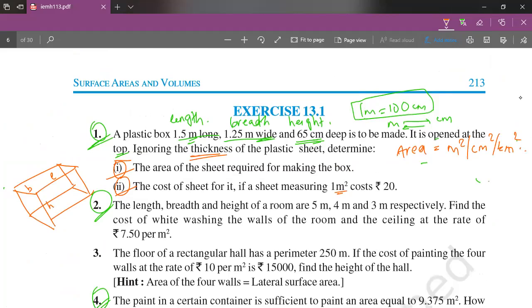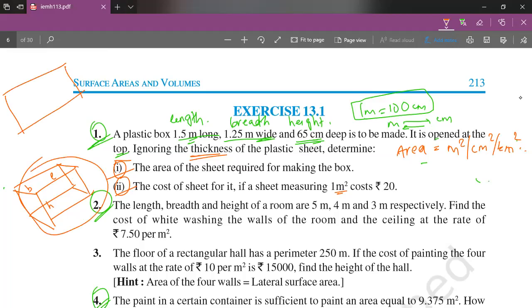So, area of the sheet required for making the box. Say for example, if there's an aluminium box and you want to show it to your friends as if it was a gold pencil box. If you're rich enough, you could make a gold pencil box, but say you don't want to waste money, so you take gold paint and create a sheet of gold and just wrap it around the pencil box. So the sheet might look like this. It will be a long sheet, and then it will be used to cover this pencil box.